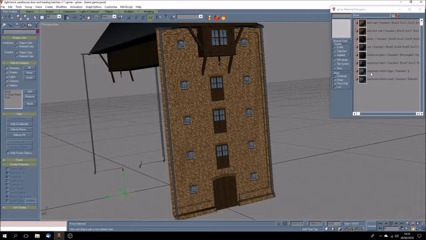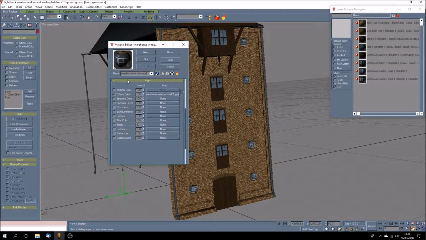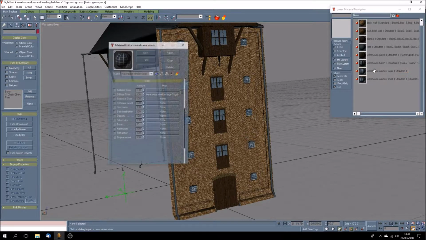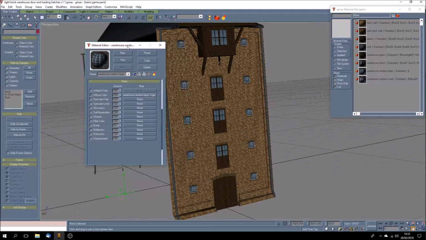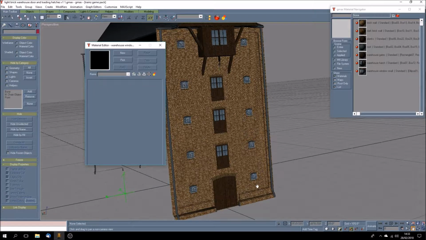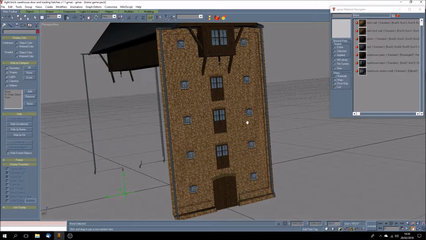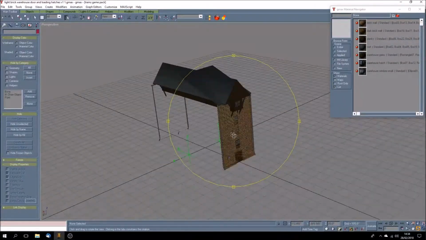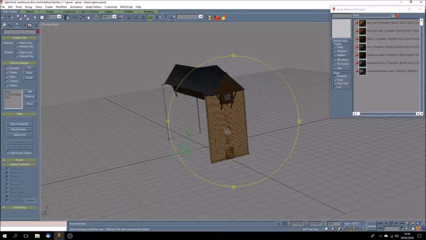If I go into this one and warehouse window, where are we? If I double click on this, there we are, warehouse. So if I delete that, I wonder if anything will disappear, because if you delete a texture, obviously it disappears. No, you see, warehouse window large was in the original version of this, which was a different colour brick, and then I've copied and then changed textures to produce different types of warehouses. And this is the way in which I like to make buildings now,